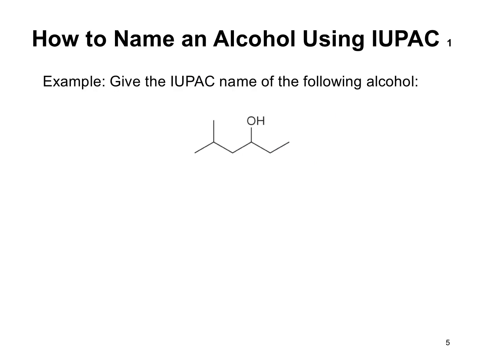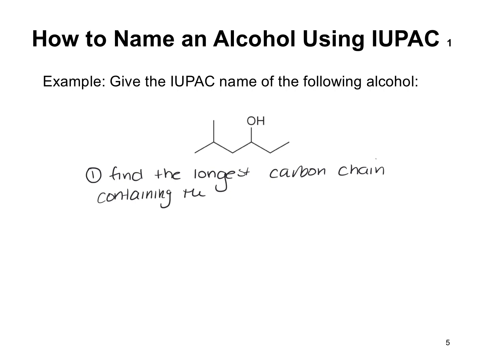So, for example, let's do this example. We're going to give the IUPAC name for the following alcohol. We follow many of the same steps as when we named alkenes and alkyl halides. You need to find the longest carbon chain containing the carbon bonded to an OH group,